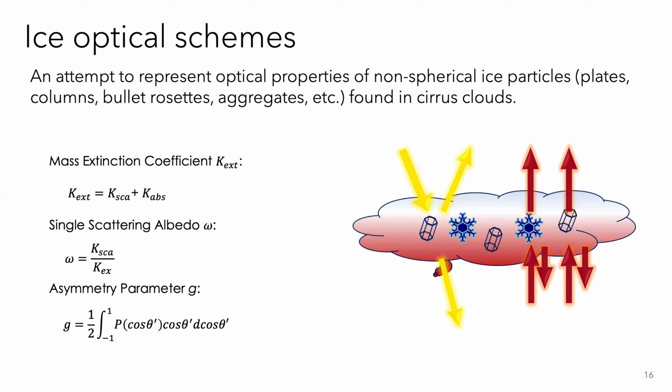So the approach is that we study the different ice optical schemes available. Maybe you already know that different models, even satellite measurements, use different ice optical schemes, which are an attempt to represent the optical properties of ice crystals in clouds. So depending on what type of ice crystal you have, the scheme will give you the optical properties of the ice cloud. That means the extinction coefficient,